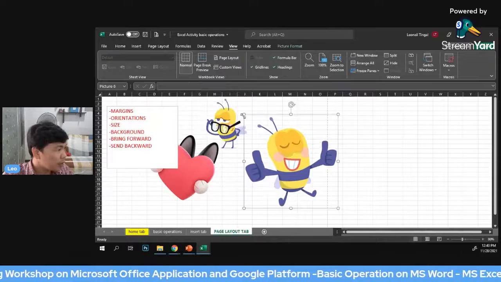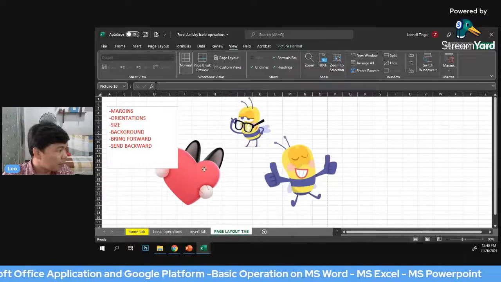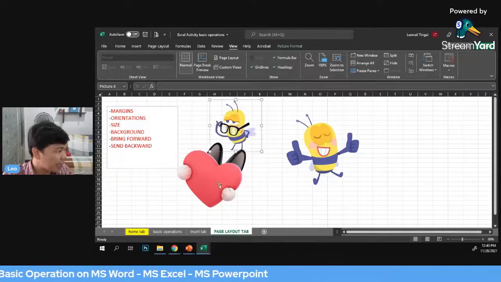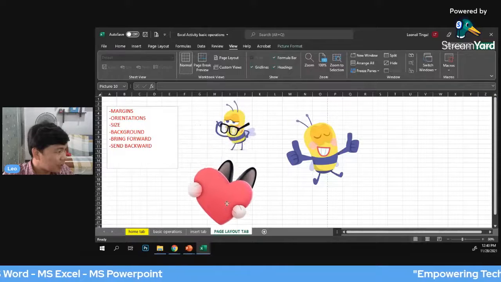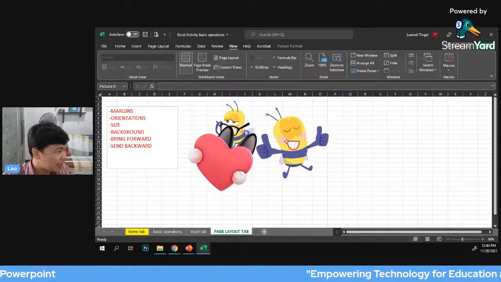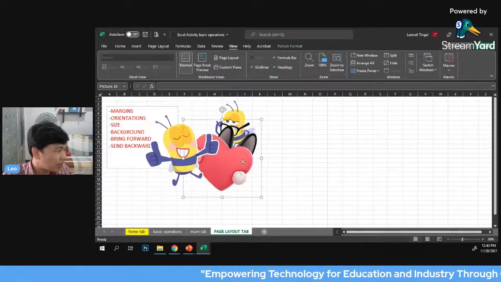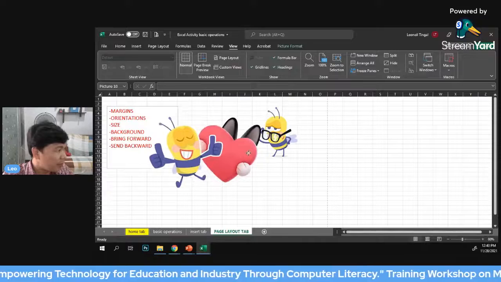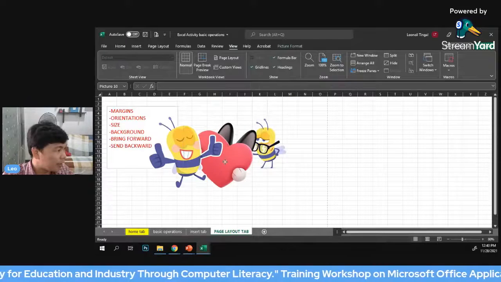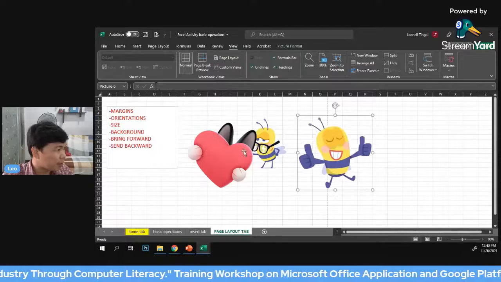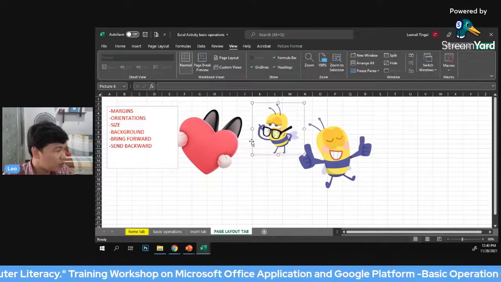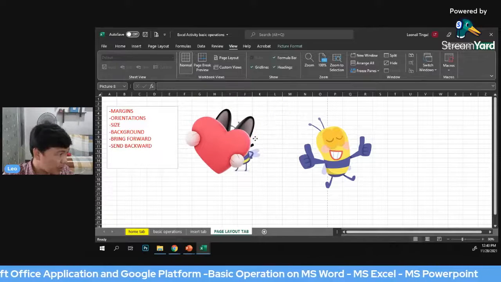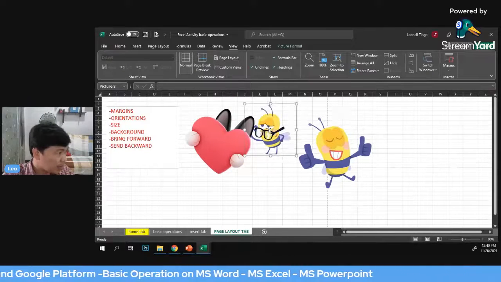Okay, so next we have pictures. In inserting pictures, you can see that one picture is at the back and another is on top. How are we going to use this part here? By bringing forward and sending backward. Once you've inserted the picture, you can put it at the back or in front. For example, this picture is behind the heart, right? So you're going to click this one, and then